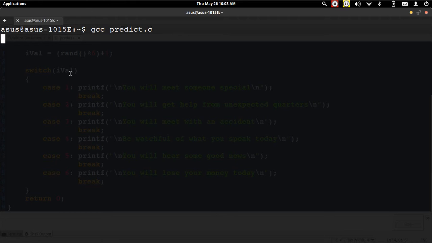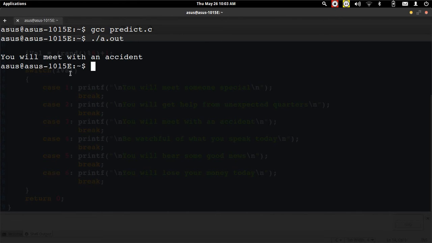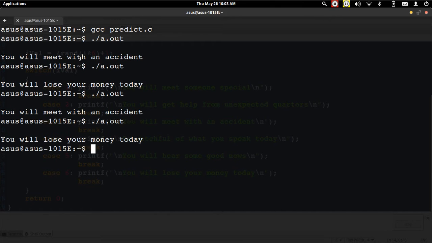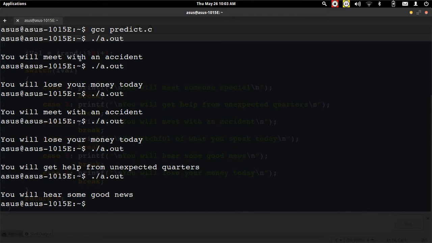There are no errors. Now we run our program. When we run our program, it displays a fortune message. If I run the program again, now it gives me a different fortune message, and this we can see. Okay, so across several runs, different random numbers are generated and hence different values.